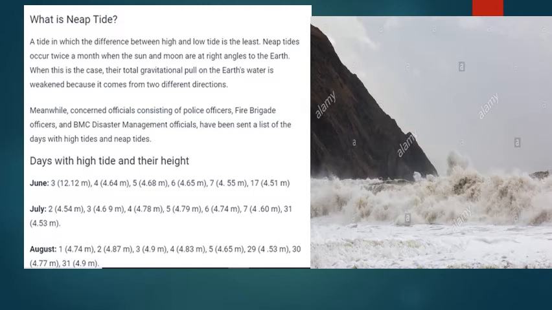Last time, what happened? Purposely, I have given you this so that you will understand what happened last time. A lot of high tides, okay? So many months. See, the month of June also, the month of July also, the month of August also. So many tides we come across, right? Not the neap tide, there were also spring tides, the highest high tides also occurred, right? So all these I have given you only for your reference.